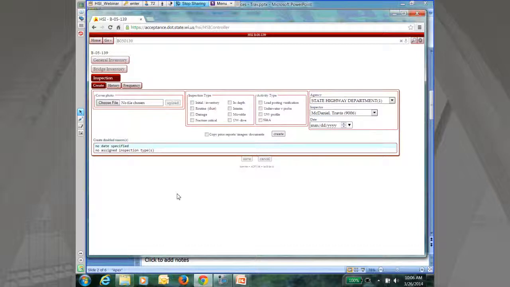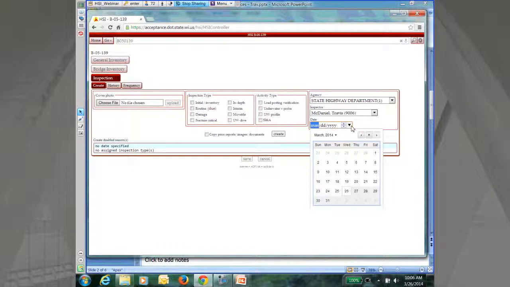Again, this is similar to the inspection pre-select that you guys know well. The Create tab there. Far right-hand side, the agency inspector. The system remembers that once you've entered it once. There's not much difference there. There's the date of the inspection. It's kind of an interactive thing now where you can slide back and forth. I'm just going to say March 5th for this one,